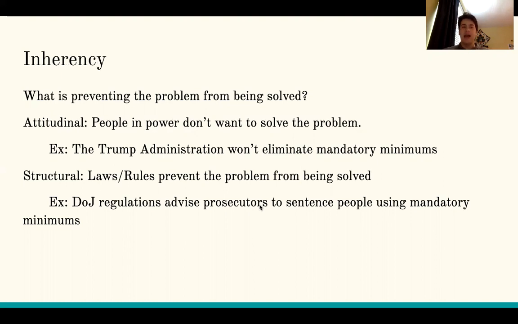Next, inherency, asking what is preventing the problem from being solved. So the original idea around inherency is that you don't want to be able to advocate for something that's already happening in the status quo, because then the negative team isn't going to be adequately able to contest it, right? If the federal government is already increasing STEM funding and you say, I want to increase STEM funding with my affirmative, most of the disadvantages, you could say that people are going to be angry about increases to STEM funding. Those are all going to be non-unique because of the fact that the government is already increasing it,